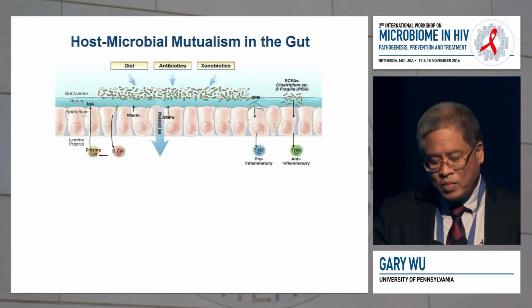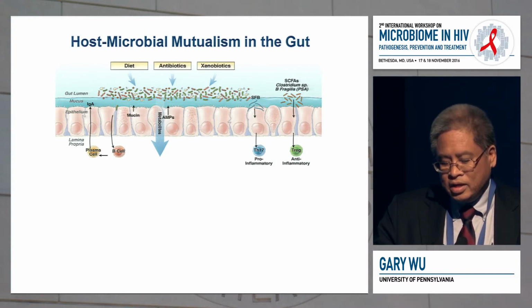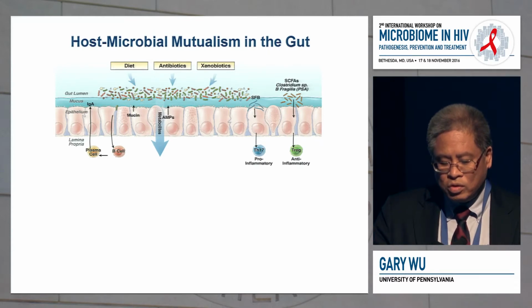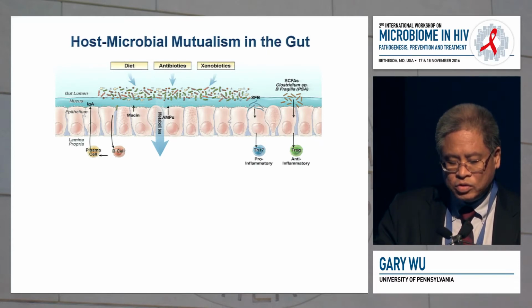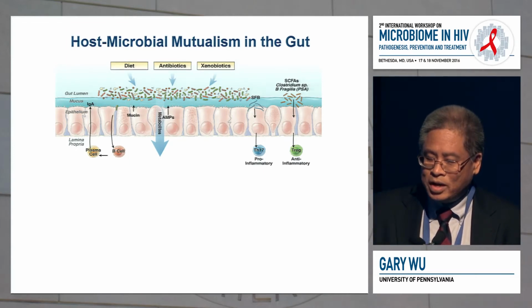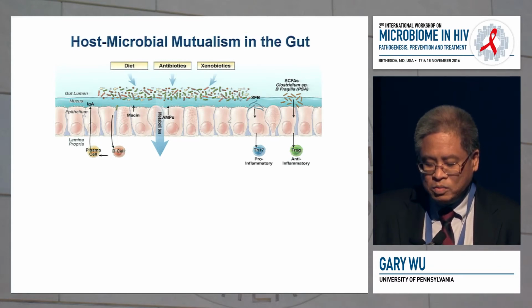For the purposes of my talk, it's also very important to recognize that what you eat in terms of diet, antibiotics, and xenobiotics can not only shape the composition of the microbiota, but especially diet can serve as a substrate for the production of various types of small molecules that we end up absorbing. And the notion is that our ability to absorb this myriad of small molecules made by the gut microbiota, which, by the way, I don't think we have a good understanding of how many molecules there are, but a lot of people are studying this, together with the effect on mucosal immunity, we think plays a role in the increasing incidence of diseases that we see associated with industrialization.